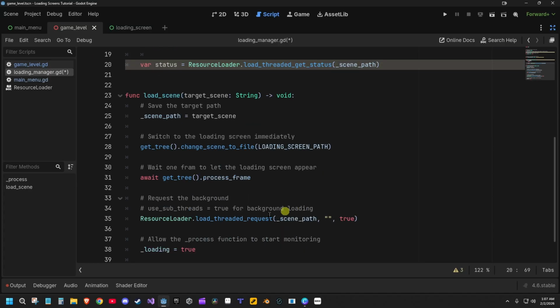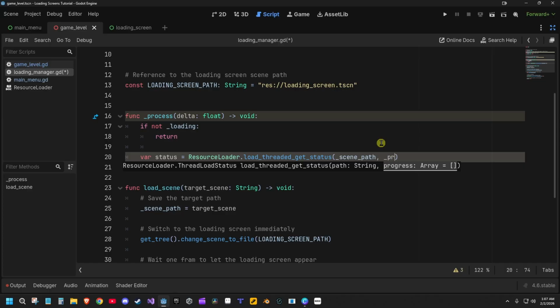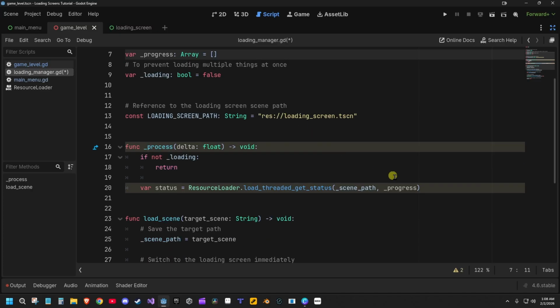Now remember, we're not loading until we get down here. So we have the target scene in our scene path here. So we're going to use that scene path and see if it's loaded yet. We're going to do that with our progress variable. It helps if you actually spell progress correctly. So this is going to be the array up here. Progress. There we go. Perfect. And that's what we're going to use. It takes the array with the scene path, and then it's able to check the status of how much is